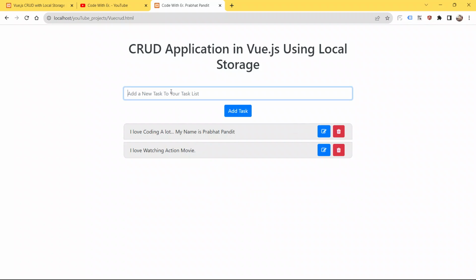So guys, now quickly add two more tasks. Like I love, what can I say, coffee and tea a lot. Okay, so now hit the button add task. Okay, so now again add task. I love cycling a lot. Okay, so add the task, hit the button add task.